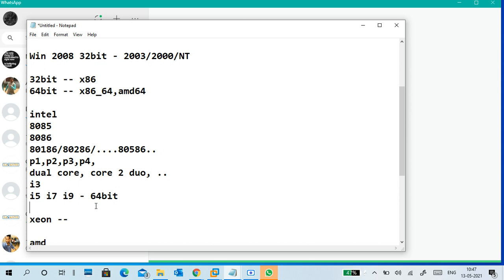Now Pentium Gold, Pentium Dual core, 64-bit also there. Okay, 64-bit is there. Now to represent Intel 64: x86_64, or 64-bit, or x64.